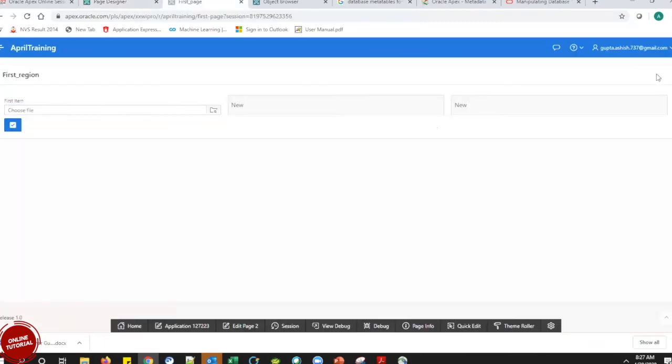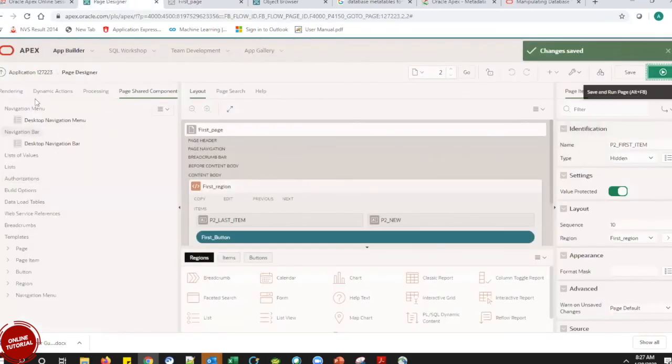If I keep it hidden and run it, you see this value will be gone. I cannot see my first text box anymore, but that value actually resides in my page, I just cannot see it. Okay, you see this.